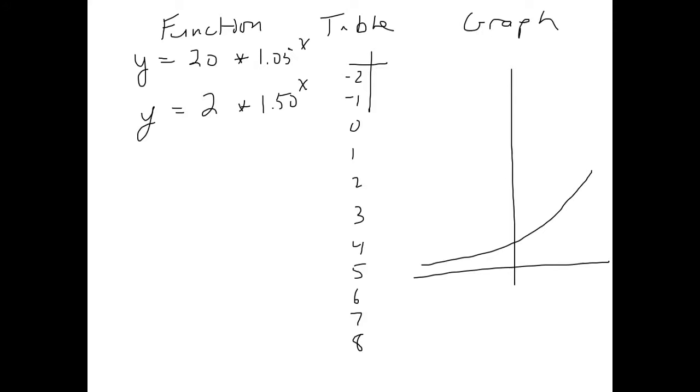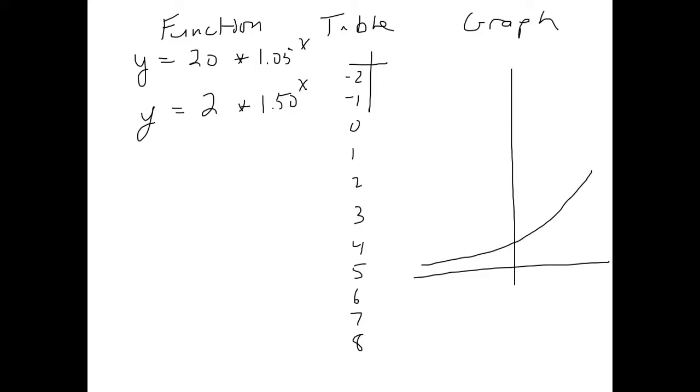Okay, so for your homework, you're going to give the three views of two functions, just two functions. One of which is going to start at 20. The second one is going to start at 2, which is 1/10 of 20. The one that starts at 20 is going to have a growth rate of 5%. The one that starts at 2 is going to have a growth rate of 10%. So this is going to be 10% greater growth rate, but this one starts out at 1/10 of where this